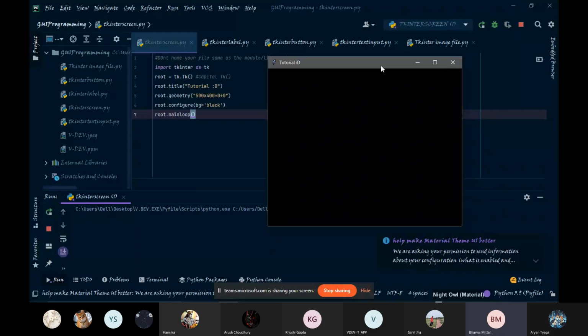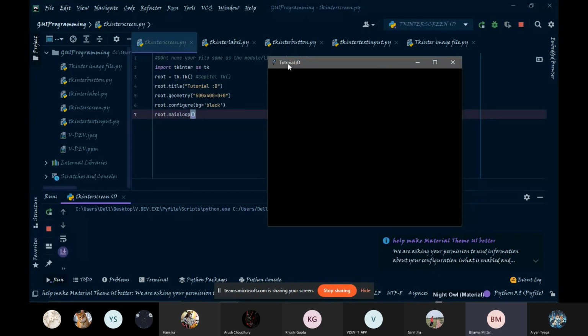Now this particular command is actually creating the root window. Okay, and for the root window there are three parameters, or you can say three things that we have to set. One is the title of the window, which is coming on the title bar of the window.